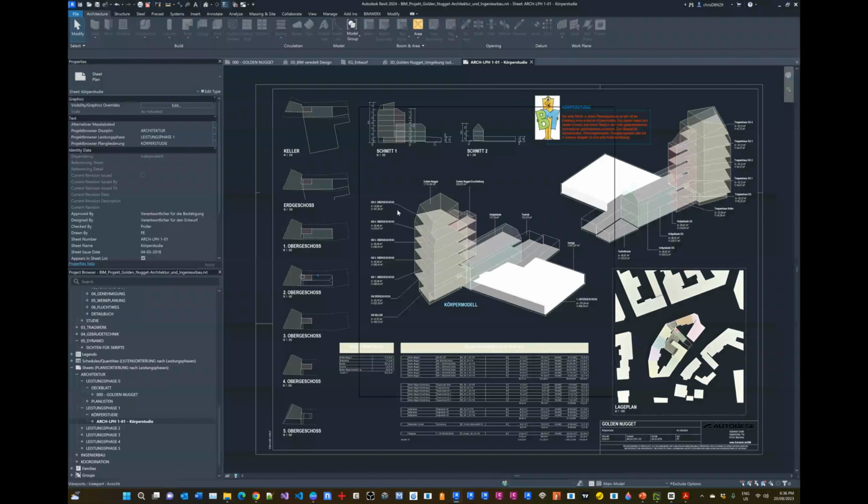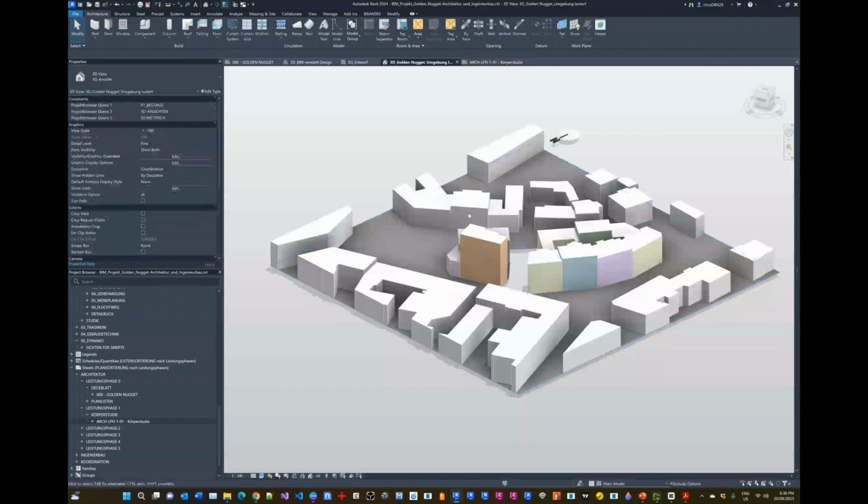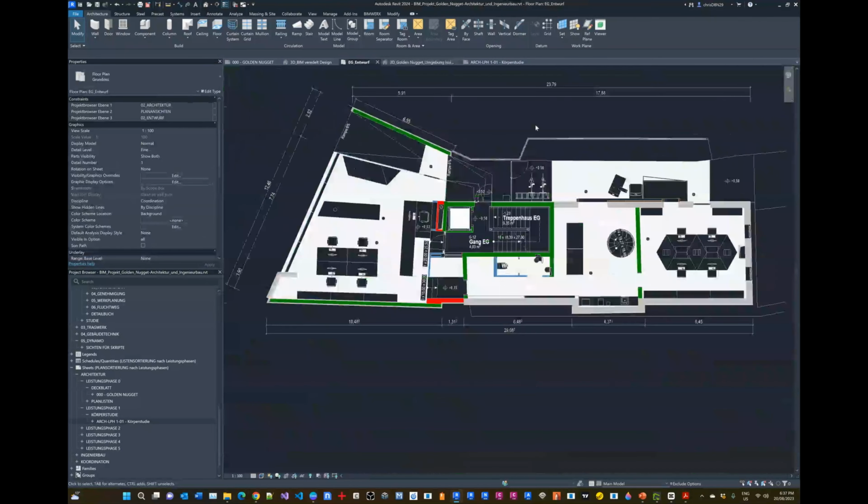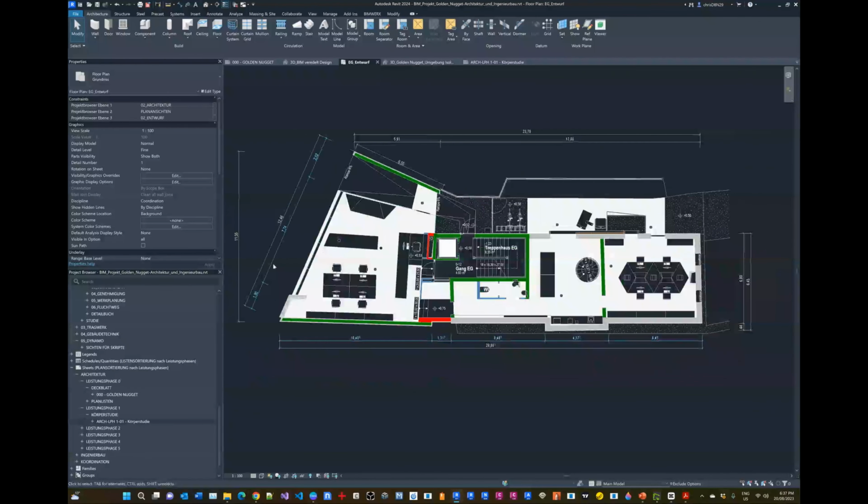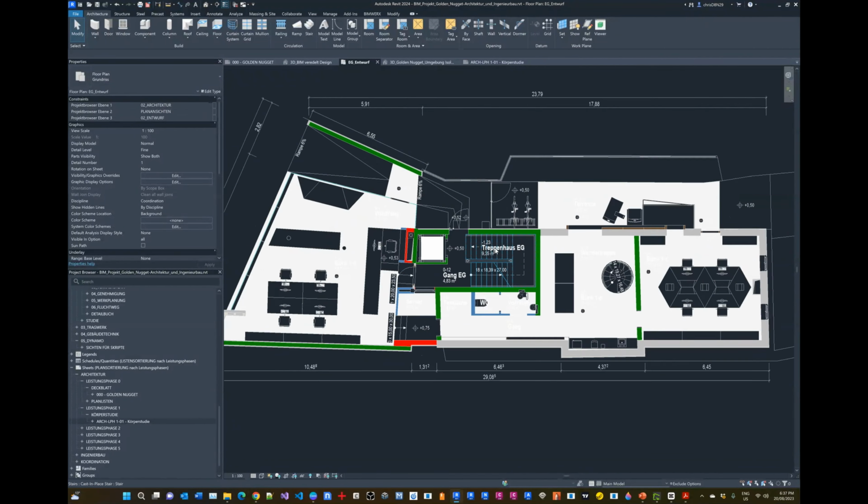So let's take a look at that. If we go back to one of these views, at the bottom left here, you'll see that there's a view control bar. What that means is that we can change the current scale of things. It doesn't make much sense in the 3D environment, but if we look at a 2D view, such as a plan layout, if we wanted to control the size of the text,